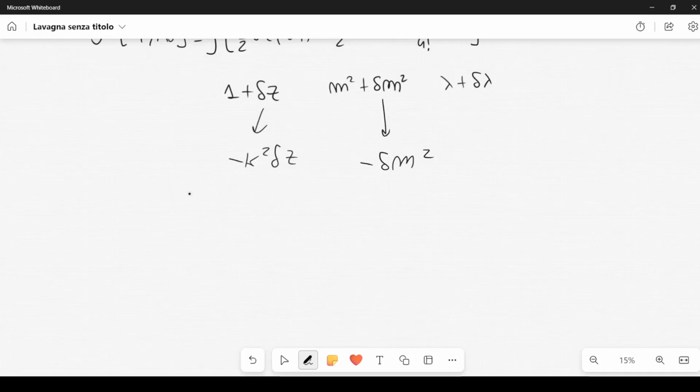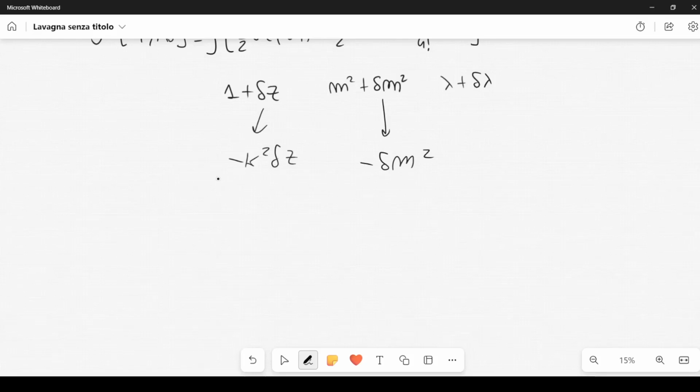What you will find in David Skinner's notes are the considerations that we are basically doing in this lecture and also in the previous one. Anyway,